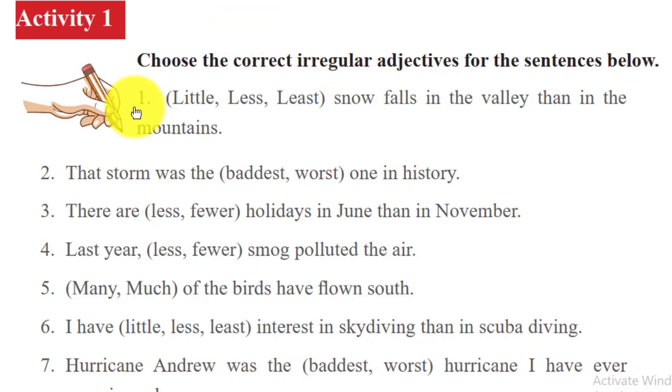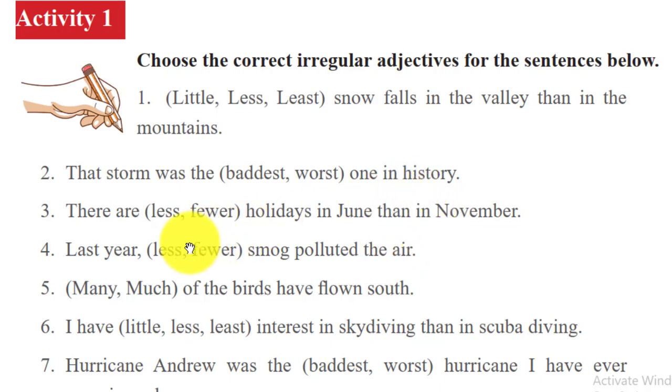The first one: blank snow falls in the valleys than in the mountains ይላችኋል። እዚህ ጋር than የሚል ቃል አለ። So the appropriate one should be እዚህ ጋር መቀመጥ ያለበት ምንድነው? Comparative adjective ነው። So the answer will be less ይሆናል ማለት ነው። Second: that storm was the blank one in history ይላል። the የሚል definite article አለ next to the superlative adjective ነው። እንዲሁም in history ነው ከአጠቃላይ በታሪክ ውስጥ ከተከሰተው ነገር ጋር ነው የሚያነጻጽረው። ስለዚህ the worst እንላለን ማለት ነው።